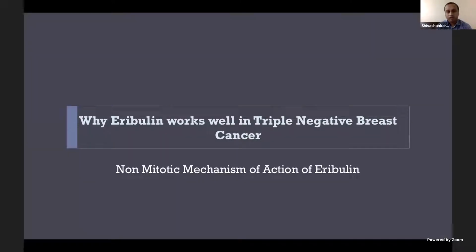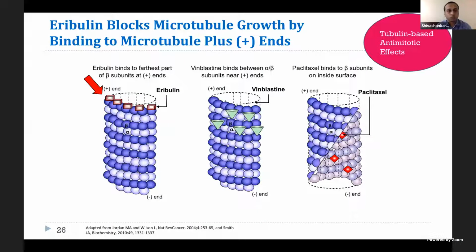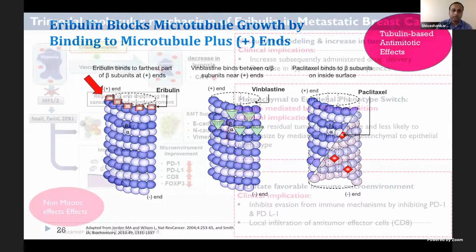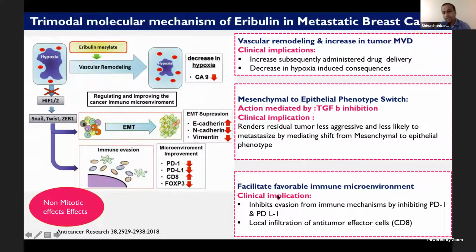So how does eribulin work in triple negative cancer patients? As we discussed, one is that it binds to different sites apart from the other microtubule inhibitors like vinblastine or paclitaxel. The mechanism of action is different. Eribulin binds to the farthest part of the beta subunits. So it does not mean that if they have progressed on paclitaxel, it does not work, as the mechanism of action is different. Apart from being an anti-microtubule agent, it also